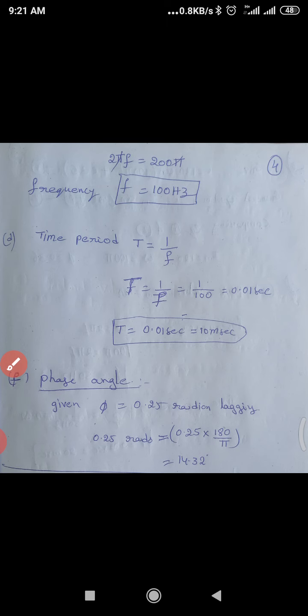Okay? So next, see another problem. Let's take another problem. See what the problem given here is. The current in an AC circuit. Up to now we discussed the voltage. This is another problem, related to the current I. I is equal to 120 sin(100t plus 0.36). Then find peak value, time period, frequency and phase angle.